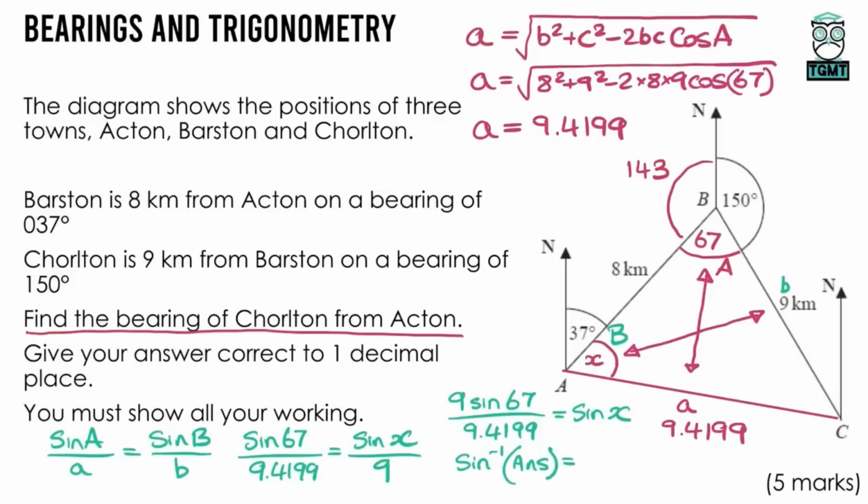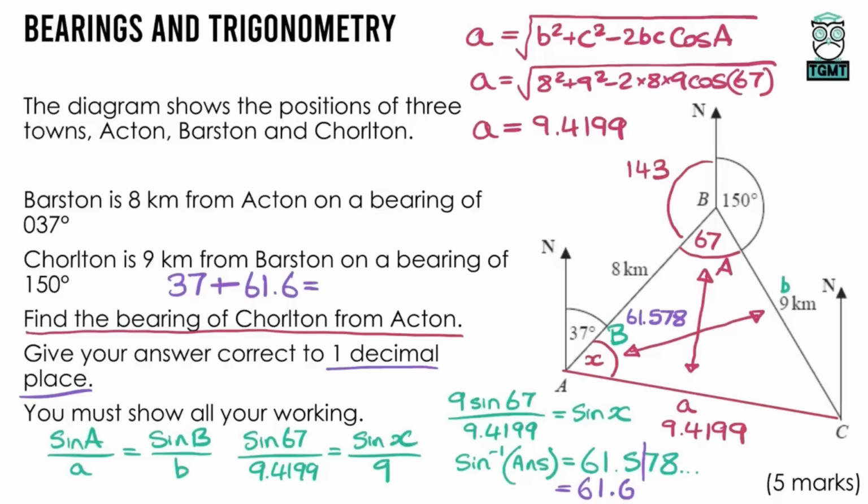And there we go, our final angle there is 61.578 and a few more decimals. Now this question wants our answer to 1 decimal place, so we're going to need to round it anyway. But I need to add this angle, the 61.578, onto my 37. Now I may as well round this number, and that's 61.6, as it wants it to 1 decimal place. So if we add that to the 37, let's have a look. So 37 plus the 61.6, that gives us a total of